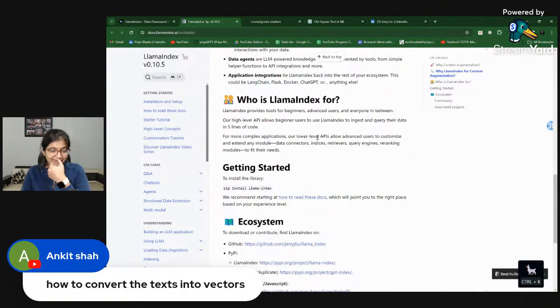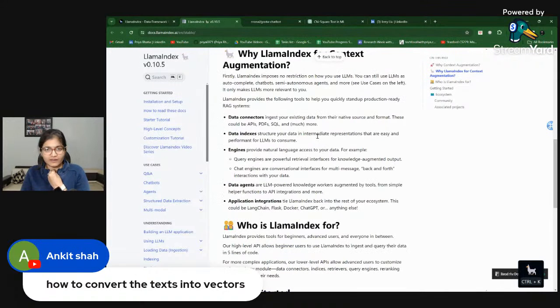So basically, whatever GPTs you are seeing nowadays in the advanced version, in the Explore GPTs option, there's Doctors GPT, there is a Bhagavad Gita GPT, and you can even create your own custom GPT with whatever data you want. For example, I am a YouTuber. I want to see at what point of time I will be able to get maximum reach, at what point of time I should schedule my videos, and what kind of videos I should schedule.